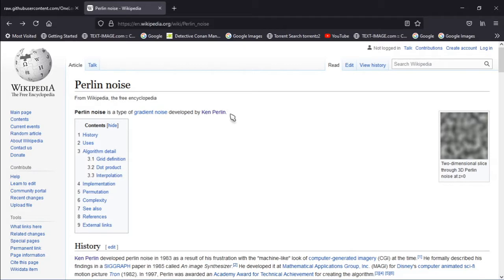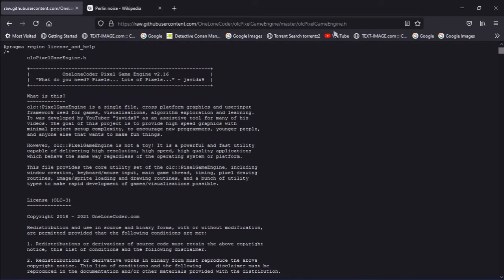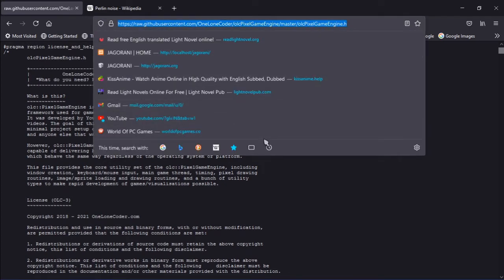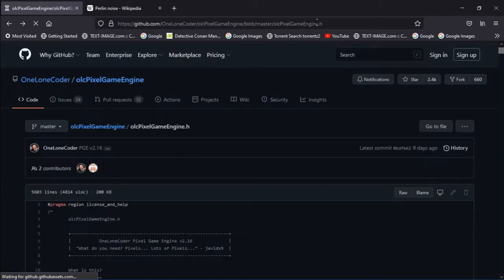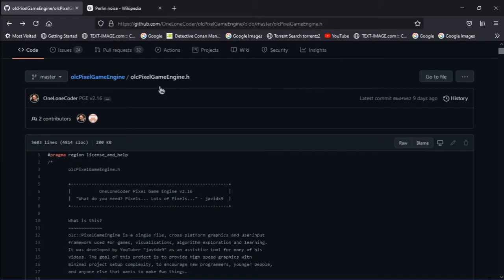Now, as far as the implementation goes, it's a graphics related algorithm, so we will need a simple graphics oriented library. For that, I will be using olcPixelGameEngine. You can go to the GitHub repository of OneLoneCoder and download this file from there. To download this file, I am just going to show you the easiest way. You go to that repository like I did here, and then you open this file here. You go to the raw